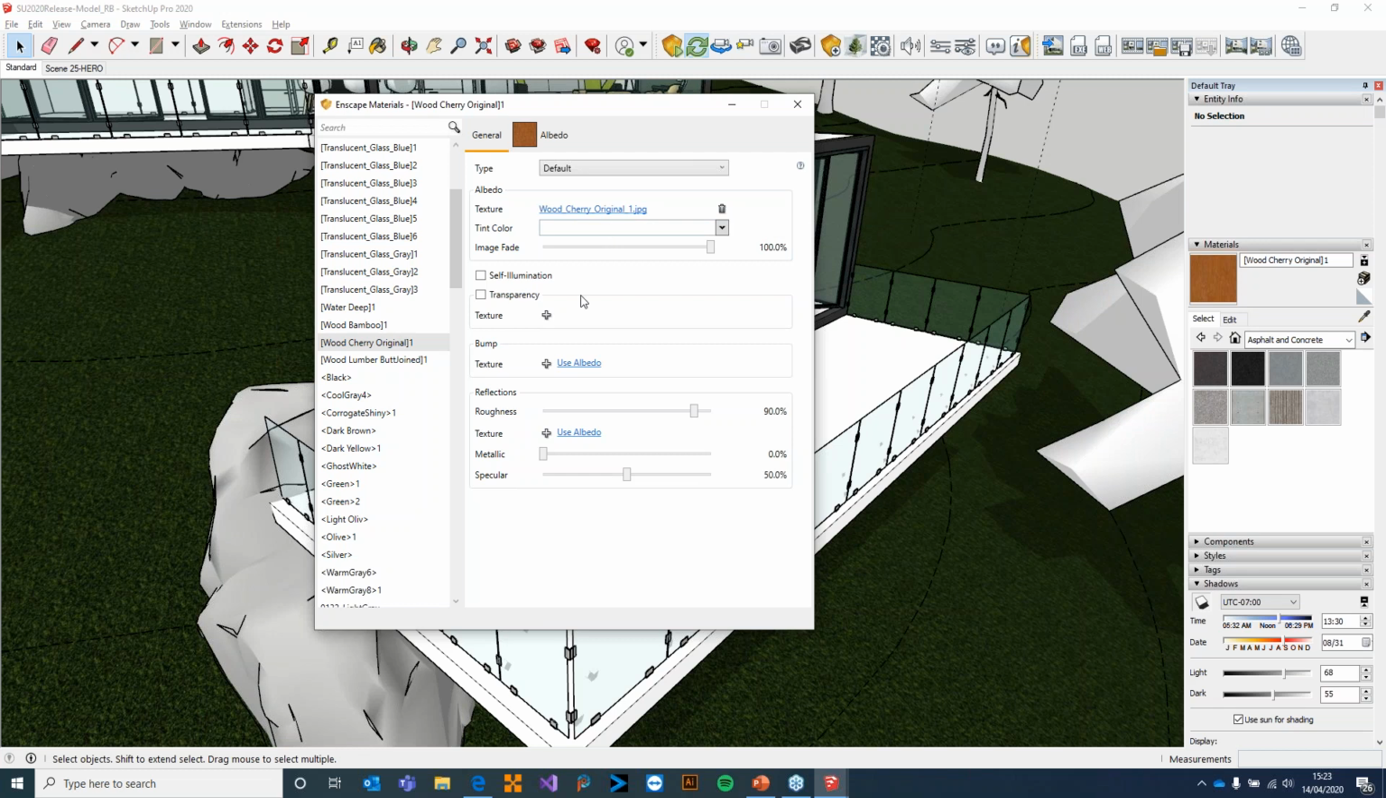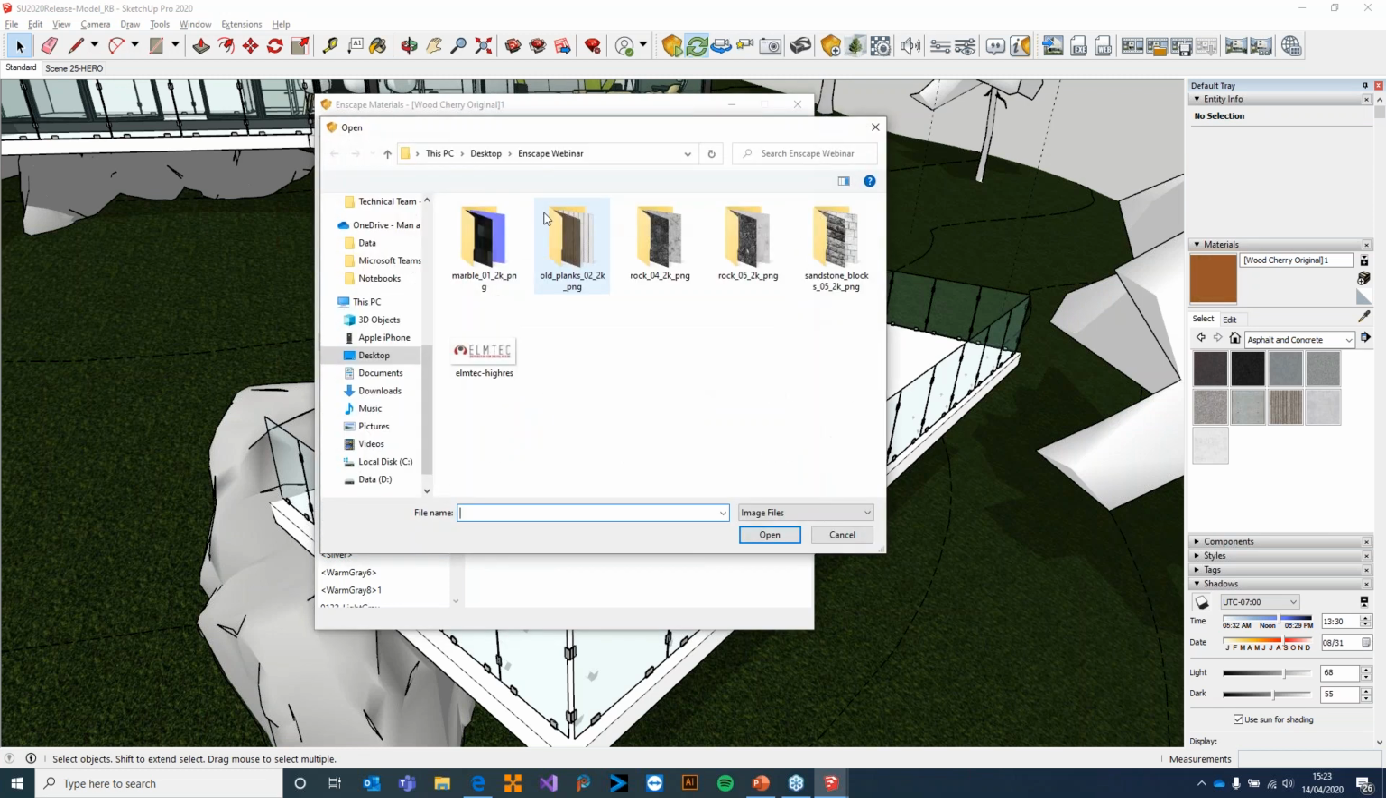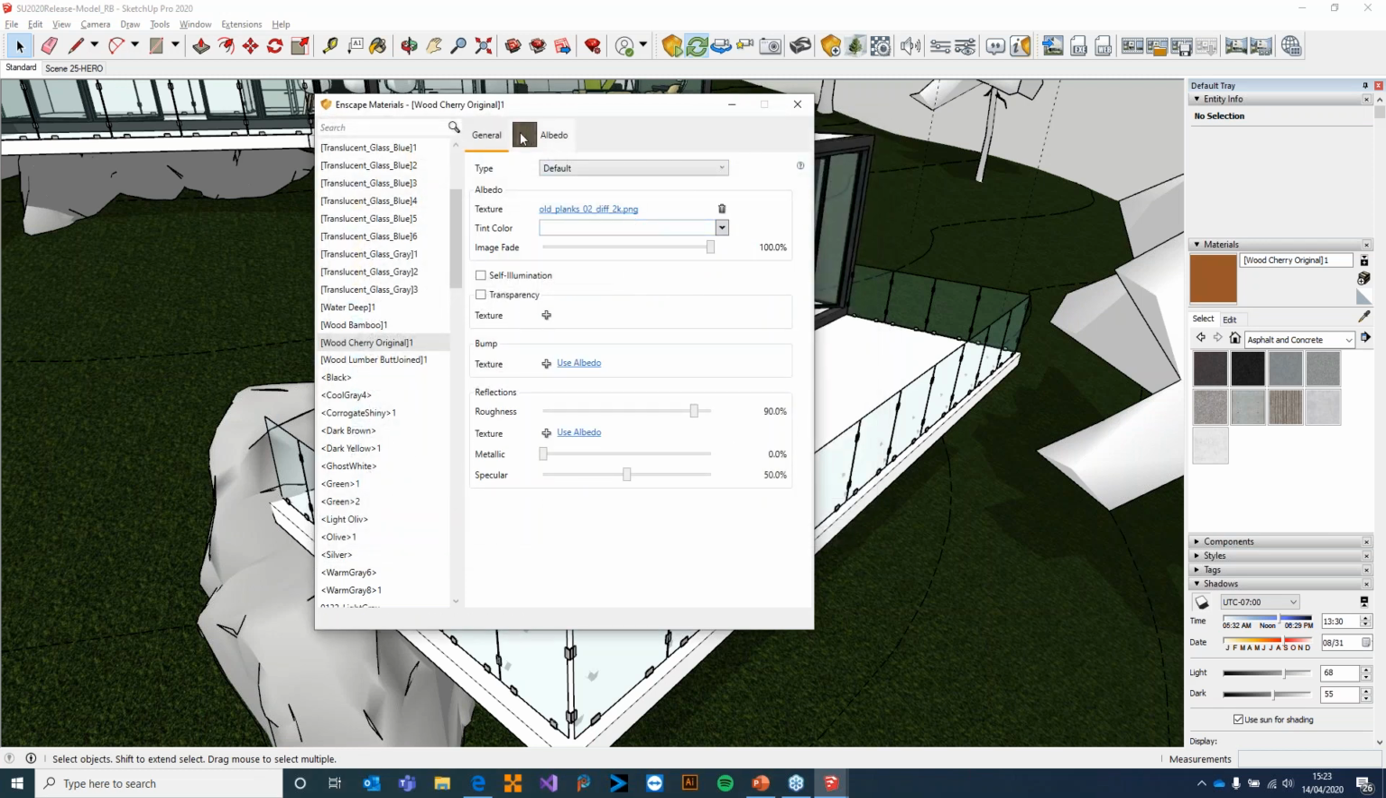That's great. But I want it more realistic. So what I've done is I've gone onto the internet and I've downloaded some wood materials amongst a few others. So I'm going to say that I want to take out that texture and I want to add in a new texture map. We'll just use this old planks of wood and I'll pick this diffuse. If I pick the diffuse color, it will tell SketchUp and Enscape to deliver that material with this as the